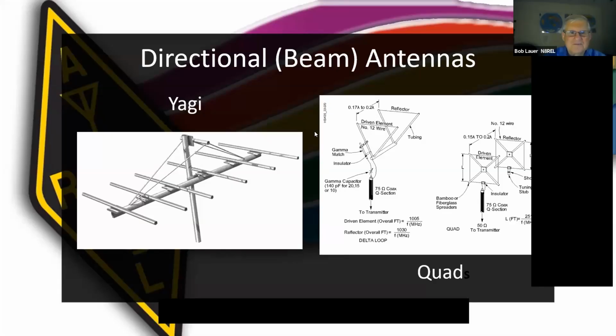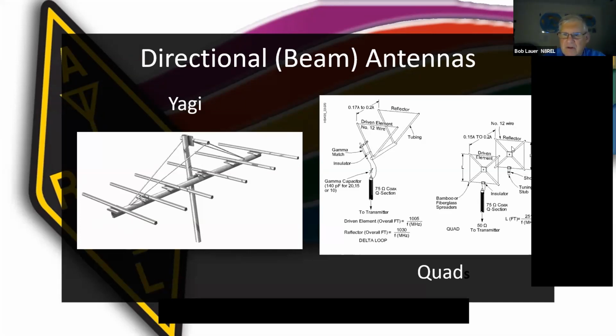Unfortunately, I've lived in areas where quads are impossible to keep up. They keep getting blown down. Although a two element quad antenna is equal in performance to a 3-element Yagi. Okay. And here's a nice Yagi. This is like my 2-meter beam. This has more elements. This one will cost you a lot of money, or a lot more than mine cost. All right,